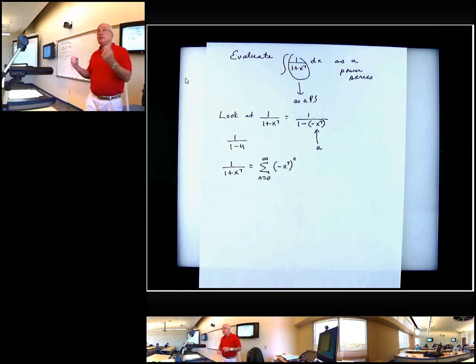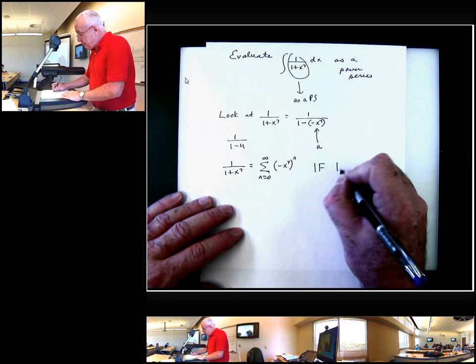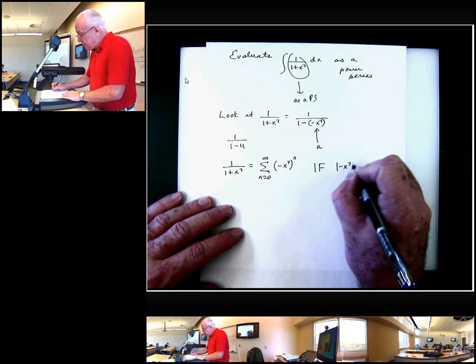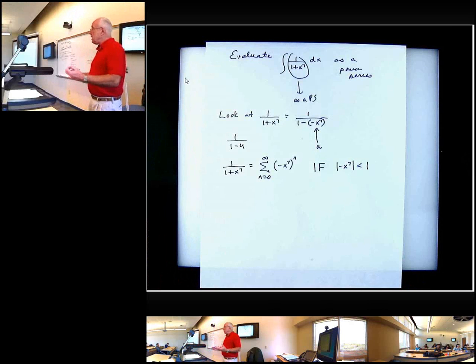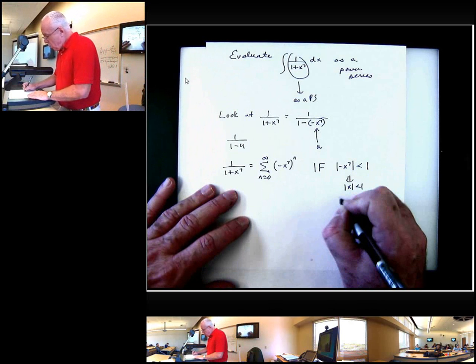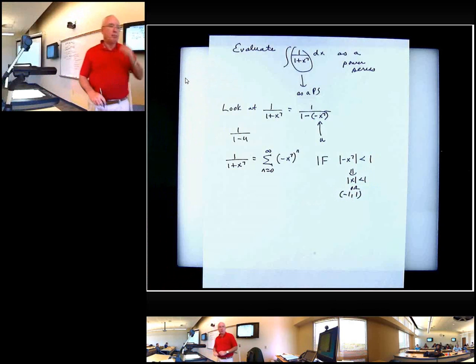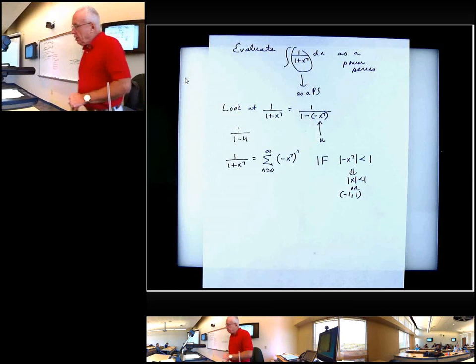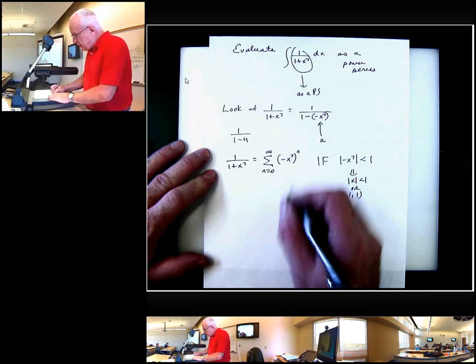And this is valid as long as the absolute value of x to the 7th power is less than 1. And the only way that's going to work is if x itself is between minus 1 and plus 1, or minus 1 in parentheses plus 1. Okay. All right. So therefore what we need to do then,